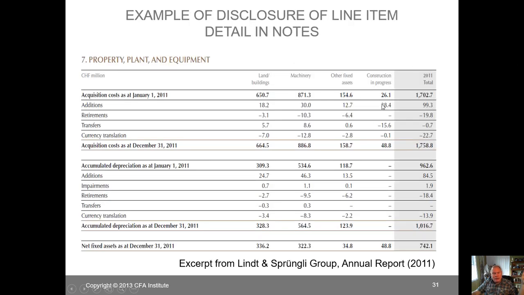Sometimes it's a detailed schedule type of note. Here's their note 7 on property, plant, and equipment, and they tell us where they started on land and buildings, machinery, other, construction in progress, and total. And we can see what happened both on the asset side and on the depreciation side. So that's just a way of looking